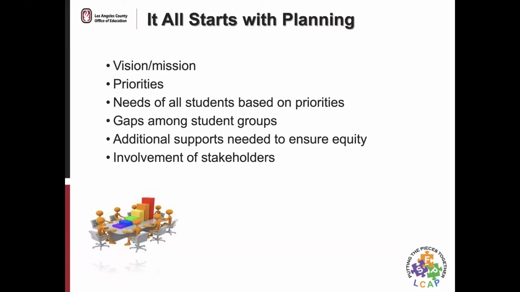So when you're making fiscal decisions, the priorities are aligned with what you're doing in terms of your budget. Then you need to address the needs of all students based on priorities. So how do we serve all our students? And then what needs to happen to support students who are not achieving? So in terms of closing achievement gaps. And then finally, how are we involving stakeholders in those decisions and those